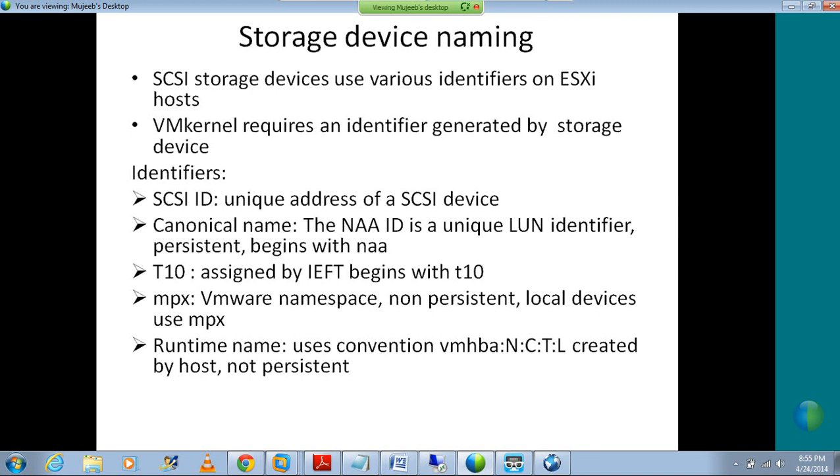Now, that means any SCSI device which your ESXi host is accessing needs to have a SCSI ID. If that LUN is coming from a storage device, then it will have either an NAA ID or a T10 ID. If that device is a local device, then it will have MPX. So along with IDs like NAA ID, T10 ID or MPX ID, every SCSI device is going to have a runtime namespace. Now, this runtime namespace uses the convention